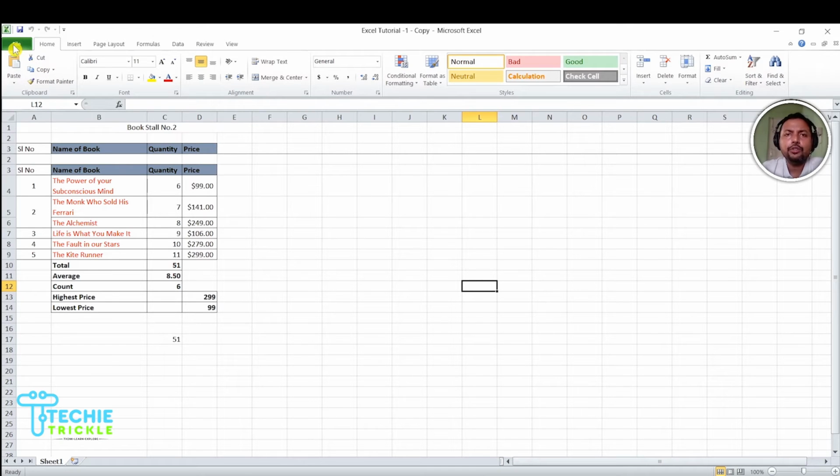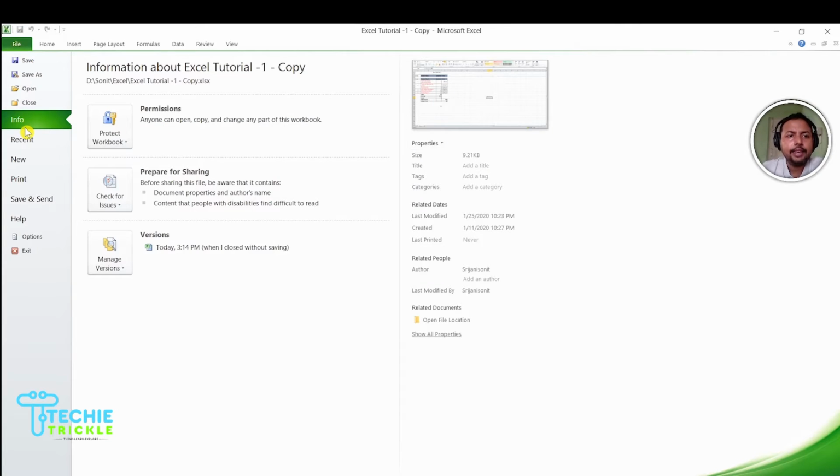Now come to File, and then if you come to the Info section, you would see that you are getting a version here under Manage Versions. It will tell you at what time you last had a version wherein you closed this workbook without saving it. If you click on that, you would be able to get that particular file.